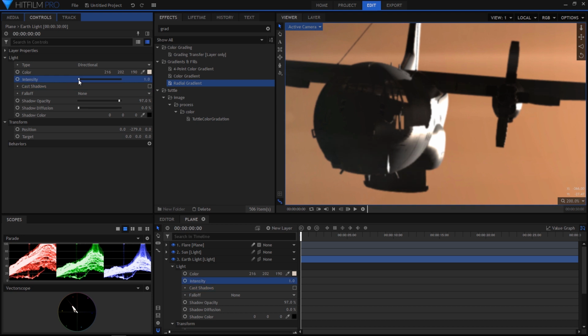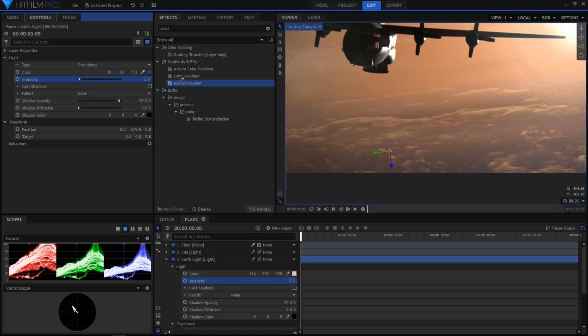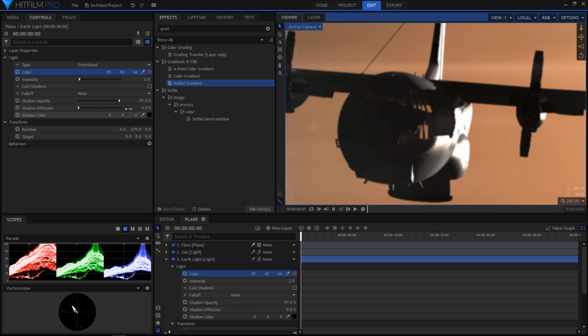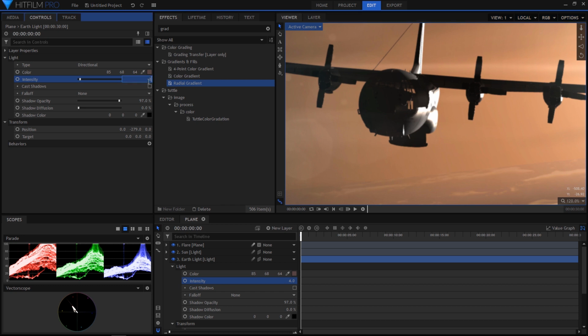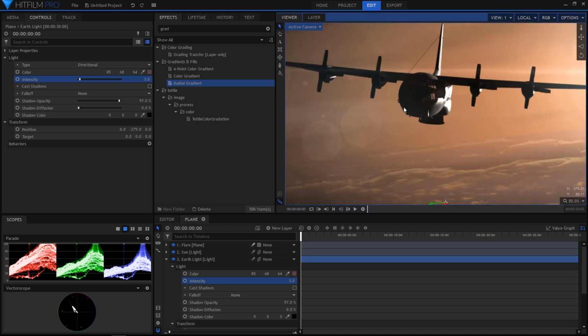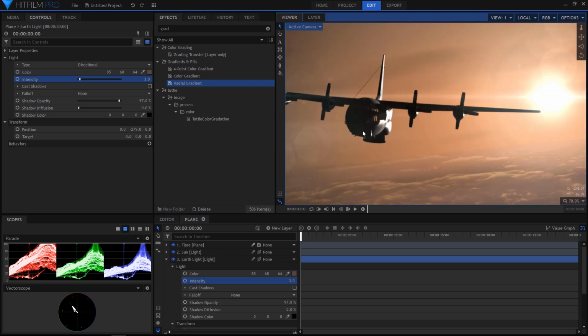Yeah, this will just be like a simulation of the reflection the earth had on the plane. For that we can also drag and drop the color of the earth, a bit like this. Yeah, let's see how this looks. Yeah, maybe a little bit less, 3% maybe. Okay. Yeah, I think that this adds a little bit of nice detail to the whole plane.